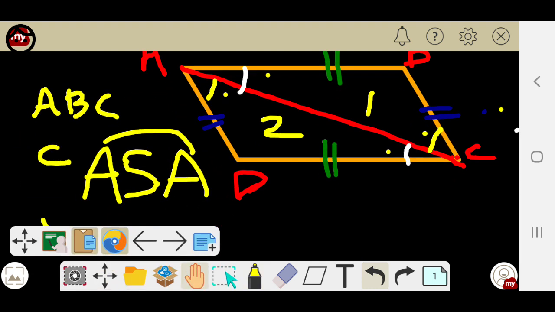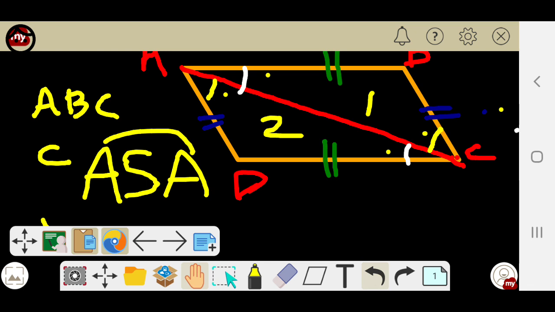Why ASA means two angles and a side. Listen, dear children. While considering the side, you have to understand that side is AC, which is common. The two angles are on both sides of the side